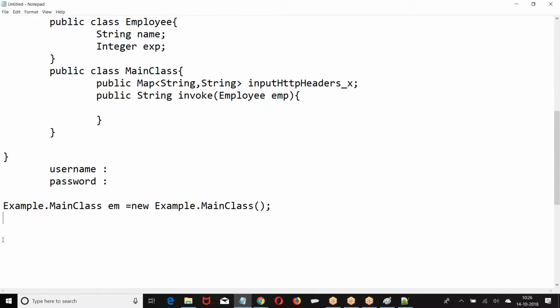Then we are supposed to put em dot input equal to new map. It is a reference variable. First allocate the memory, then put em dot